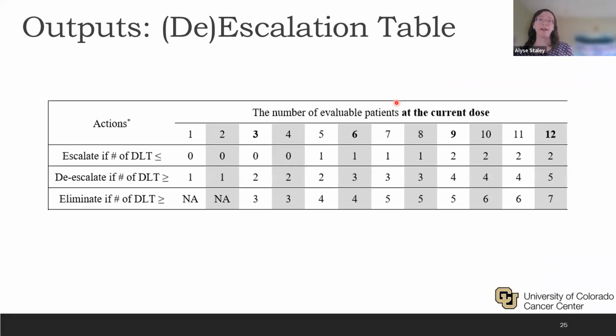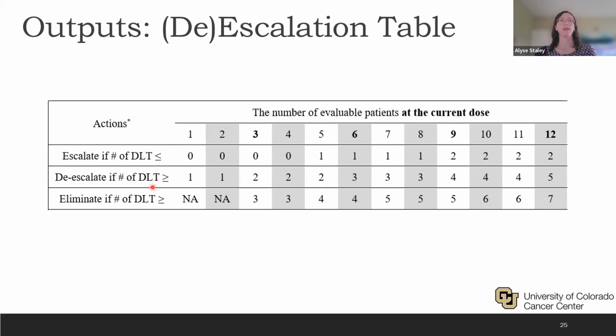A table is also provided so that investigators don't have to calculate that DLT rate by hand for each cohort. In this table, across the top, we have the number of evaluable patients treated at the current dose. Then in the body of the table, we have the number of observed dose-limiting toxicities. And finally, over on actions, based on the number of DLTs, we need to know whether to escalate, de-escalate, or